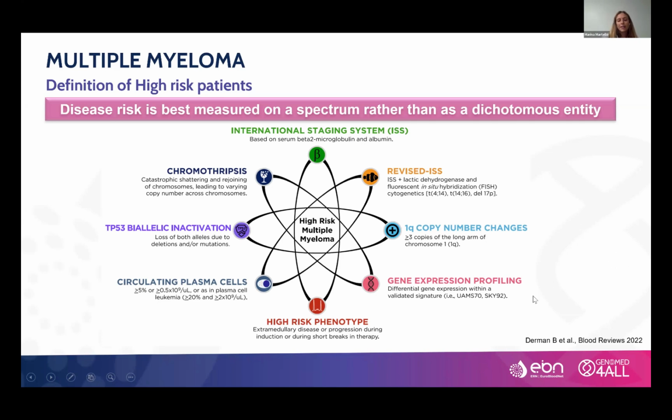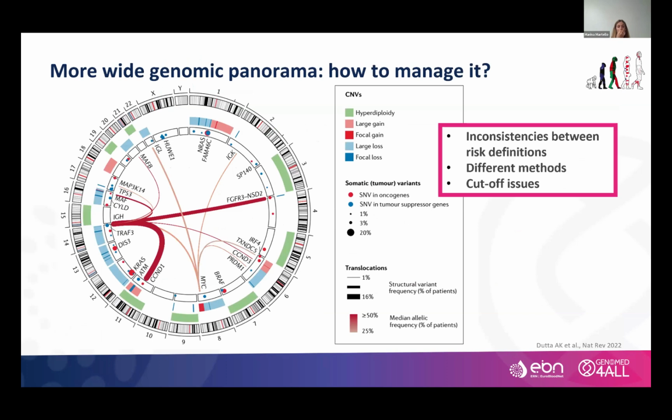As you can see from this slide, indeed, we can consider also the circulating plasma cells, or for example, gene expression profile, and so on. So what we know so far in multiple myeloma is that the currently used risk stratifications are suboptimal. In particular, regarding the genomic